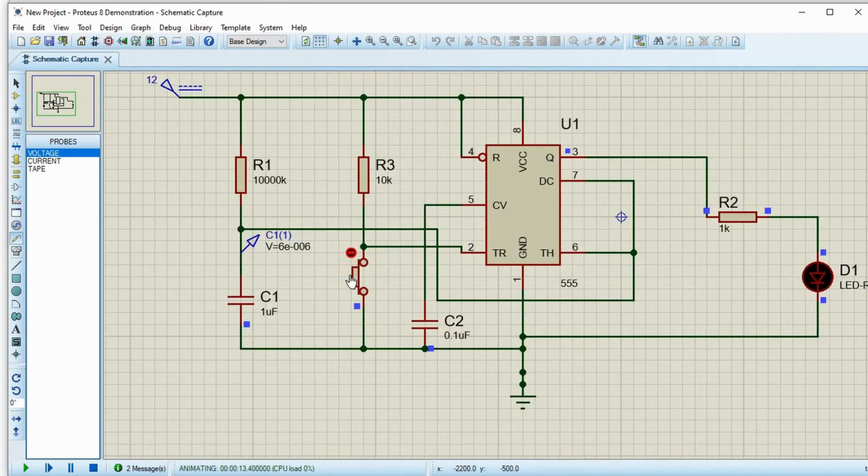You can see this, it is slow, it started to charge, and once it hits 2/3 VCC, at 9 volts in this case, it should start discharging immediately and this LED will turn off. See, it turned off and it has discharged. So it is charging again. This repeated re-trigger will not work. Nothing happens. Until it becomes low again, this trigger has no effect.